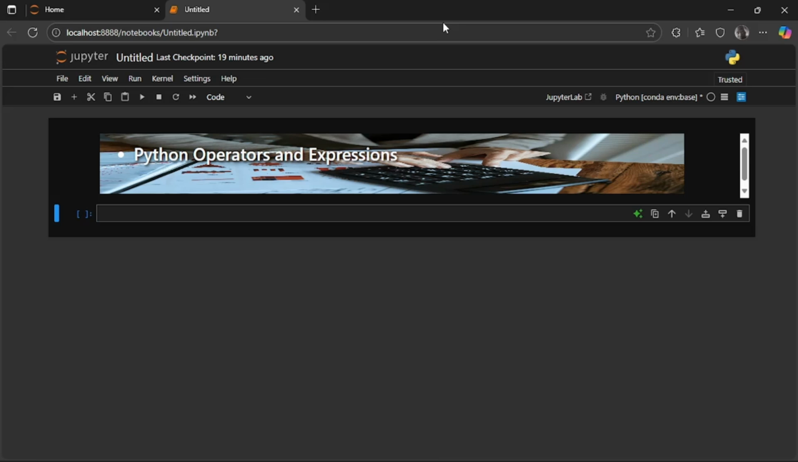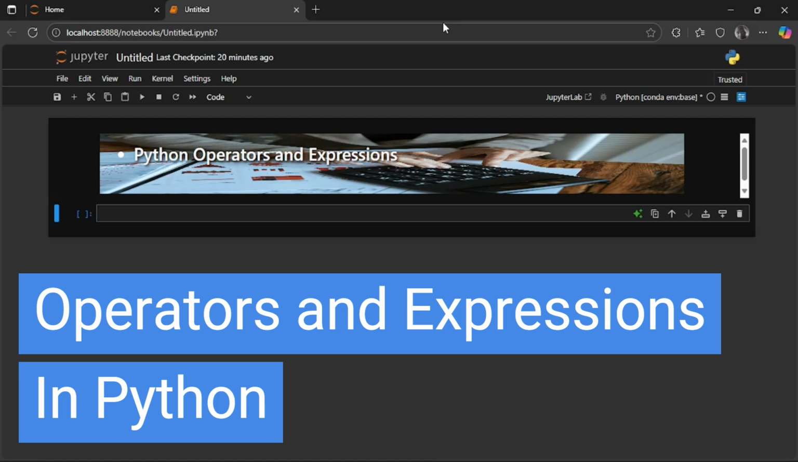Want to make Python actually do something? Today we'll learn about operators and expressions, the tools that let Python perform